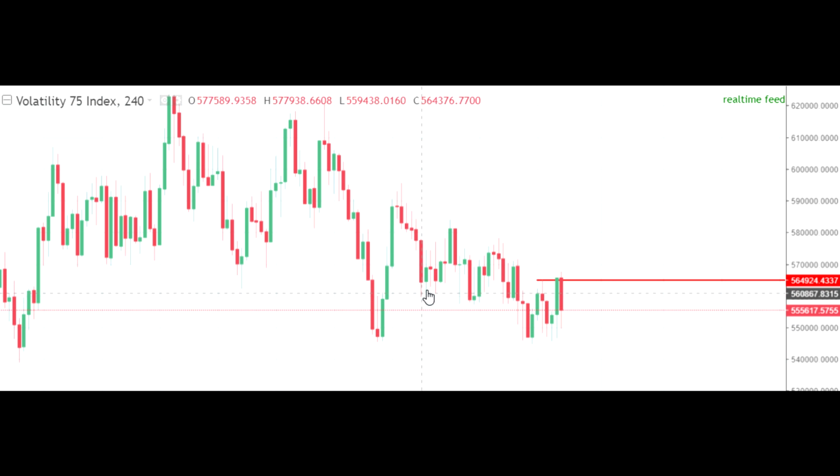So where is the trend? Now you could feel that there was a trend here. And where has the trend been violated? And this is the point. So basically, this cannot form part of the small trend that was forming here.